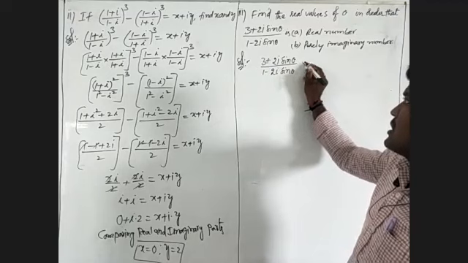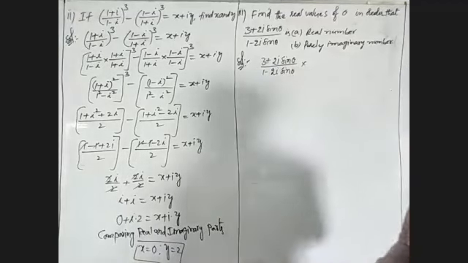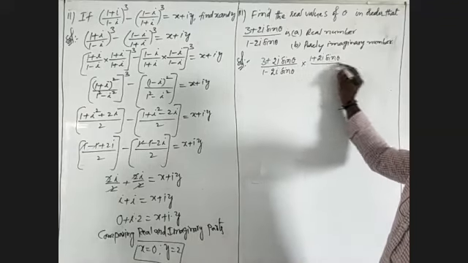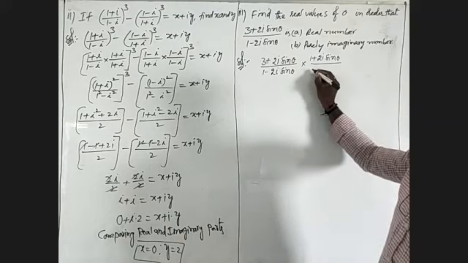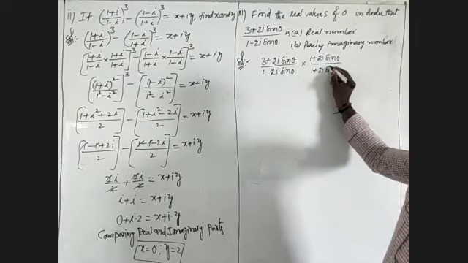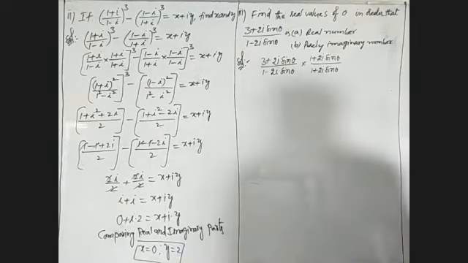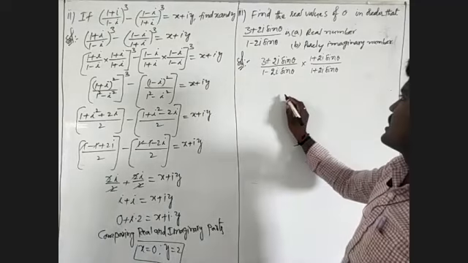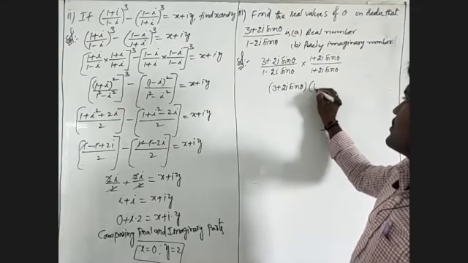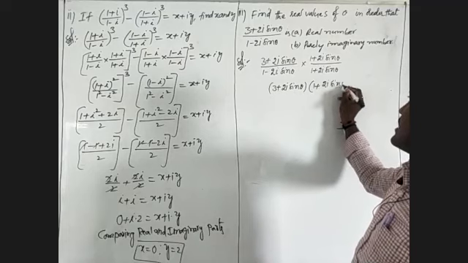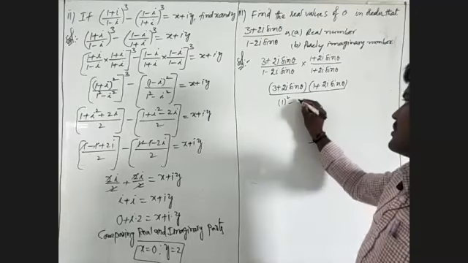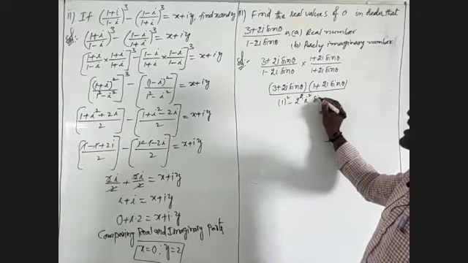We will write the conjugate of 1 minus 2i sin theta, that must be written as 1 plus 2i sin theta, by the denominator. The denominator is (1 minus 2i sin theta)(1 plus 2i sin theta). That means I have to multiply this one, (3 plus 2i sin theta) into (1 plus 2i sin theta), by the denominator, which is of the form 1 square minus 2 square i square sin square theta.